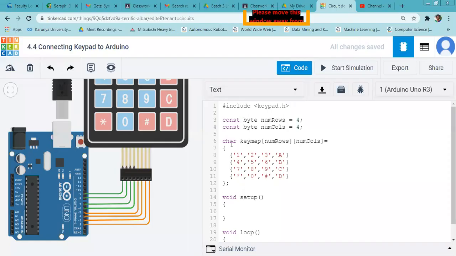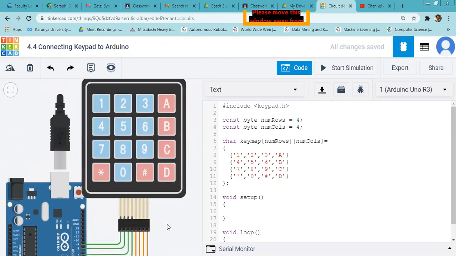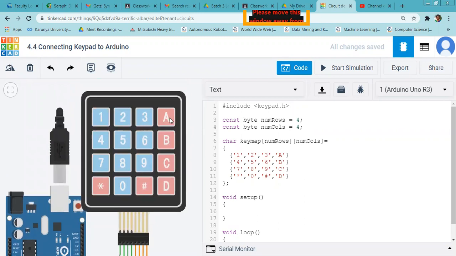So here we have made the key map, character key map, number of rows, number of columns. It resembles the structure of this keypad. So 1, 2, 3, A, 4, 5, 6, B, 7, 8, 9, C, and star, 0, hash, D. So similar to that of keypad, we have made a key map.